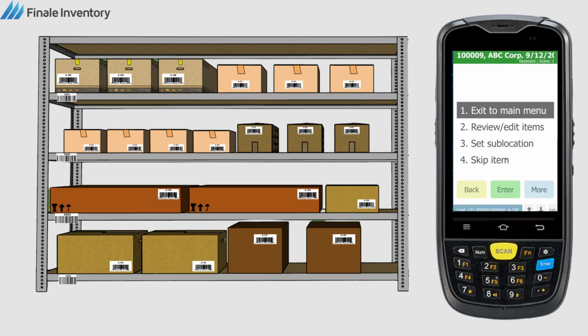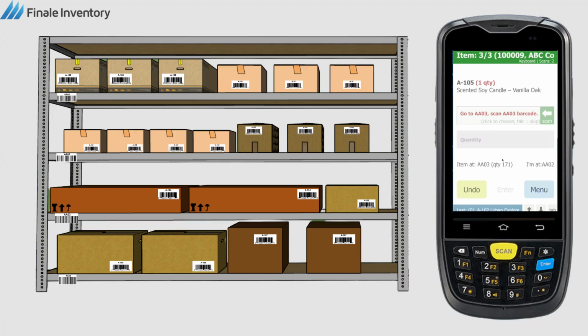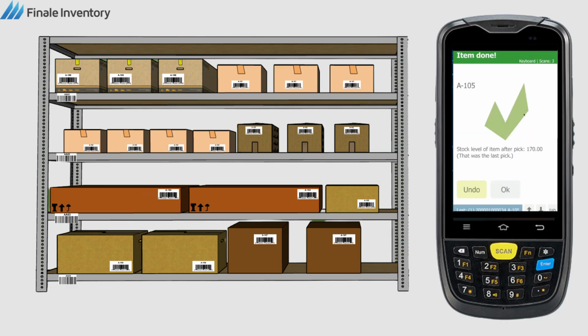So we'll go menu, skip item, and you'll notice that in the bottom left corner we've denoted that we've picked 0 of that particular item and moved on to item 3 of 3. We'll walk over to AA03 now and scan that particular sublocation. Perfect. Now that we can see that we're at AA03, we're going to scan the particular product and denote that we have 1 unit. Once I get my big check mark for this particular unit and click OK,